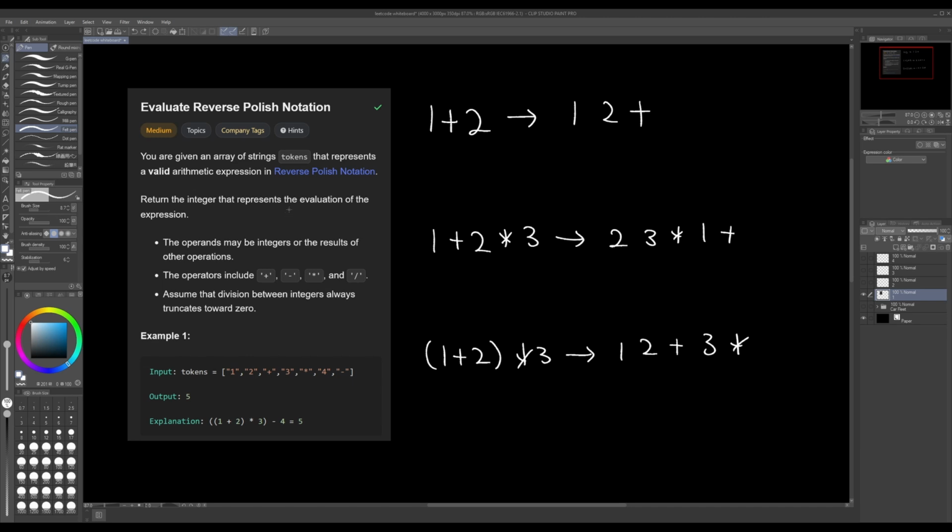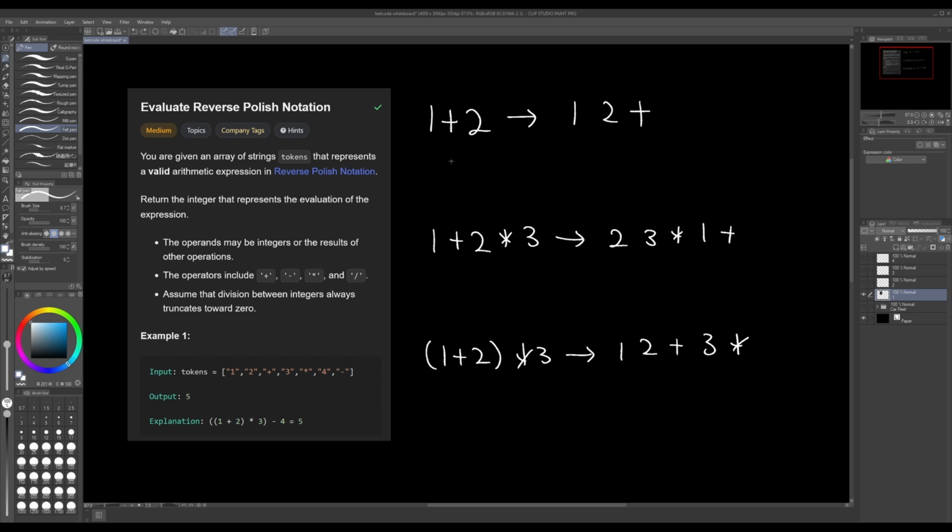Alright fellas, so in this problem, we're gonna have to evaluate a reverse Polish notation, aka a postfix notation. Now, upon seeing the title of this question, a very valid question is what is a reverse Polish notation? I'm just gonna call it postfix notation from now on, because it's more sensible. Regardless, it's a type of arithmetic expression where the operator is placed at the end instead of it being sandwiched